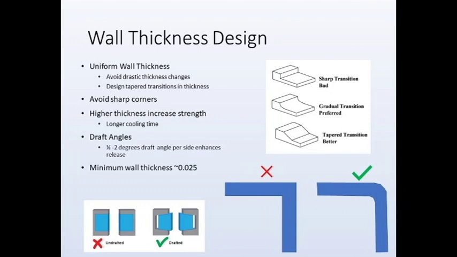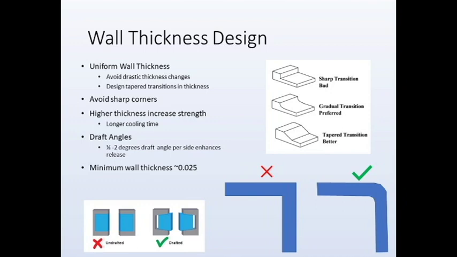Wall thickness design is critical for the strength of a component that you're creating. We want to try to maintain a uniform wall thickness at all times. We want to avoid drastic thickness changes and design tapered transitions in thickness. You can see that a sharp transition is terrible because the powder metal will not reach the top right corner